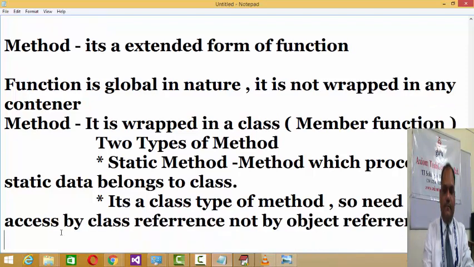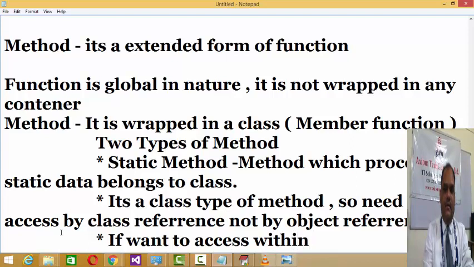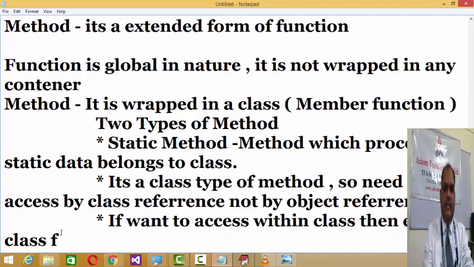And the next is, if you want to access within class, then even the class reference is also not required.